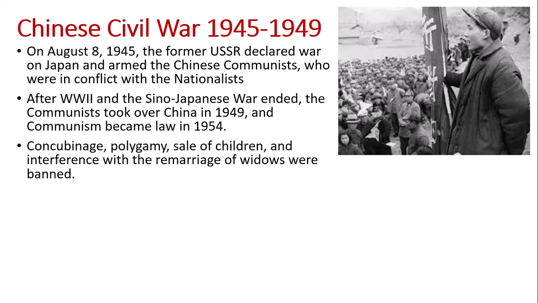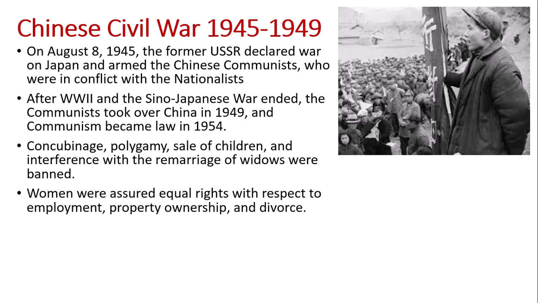So there are some benefits to communist rule in China. Concubines are no longer allowed. Polygamy, the sale of children, and the interference of remarriage with widows were all banned. So these are things that some of these women go through. They are promised in marriage at the age of 2. They are involved in a polygamous relationship. The one woman who is a widow and remarries, her family tries to interfere and stop her from doing that. In addition, women were at least assured equal rights with respect to employment, property ownership, and